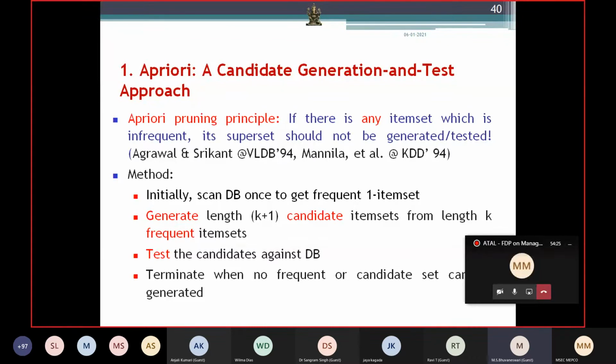With an example, you can understand it easily. From one item sets, we have to generate two item sets. As I have already told, a one item set means the item set will have only one item. A two item set means the item set will have only two items. A is a one item set, AB is a two item set, ABC is a three item set. So a two item set can be generated from one item sets, a three item set from two item sets, a four item set from three item sets. So the candidates are generated. Then we have to prune the candidates, right? From that, we have to identify the frequent item sets.